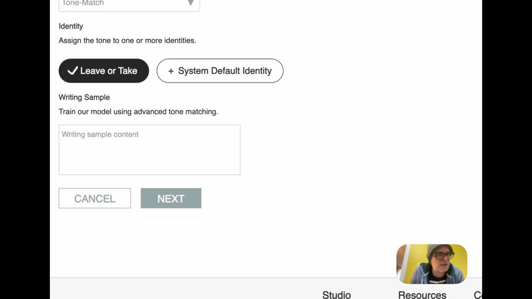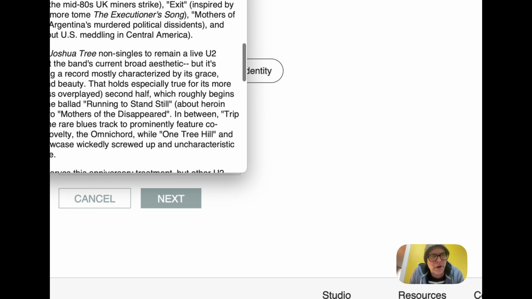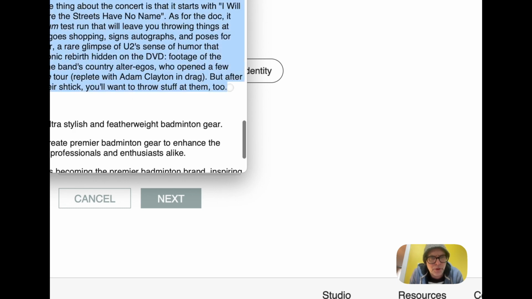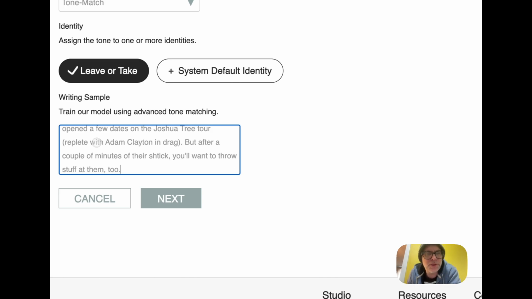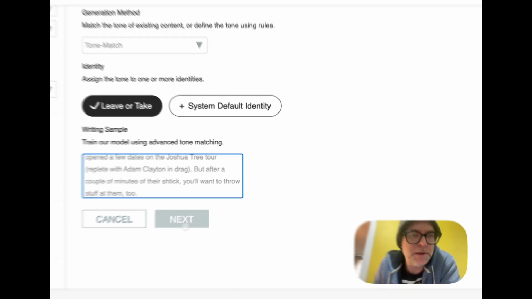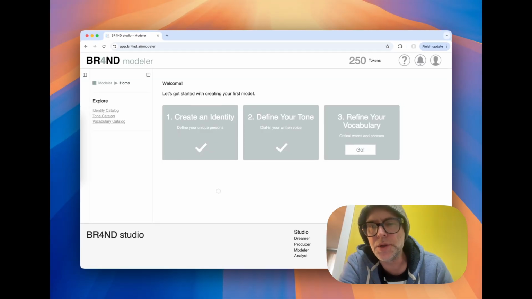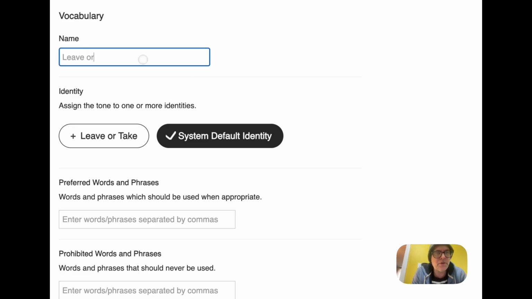And here's the writing sample that I mentioned. And I just went online earlier and found a nice, well-written article. It was about the Joshua tree by U2. So I'm just going to put that in there, and we'll hit next. And there we go. So now we're going to do the last step here, which is refine our vocabulary. And again, we'll call this leave or take